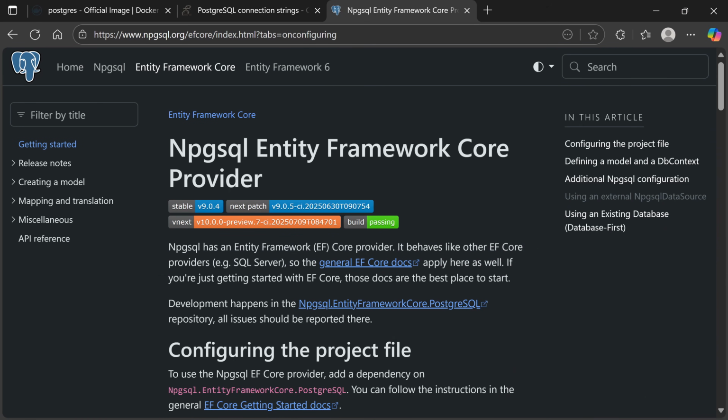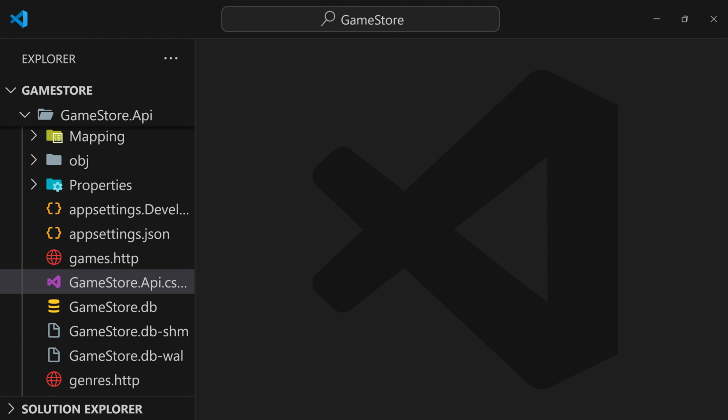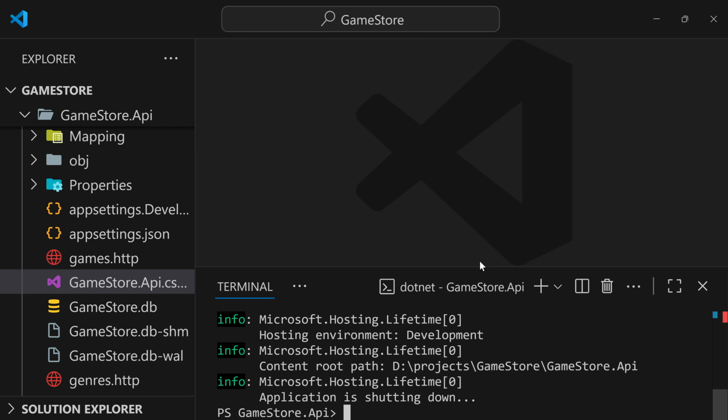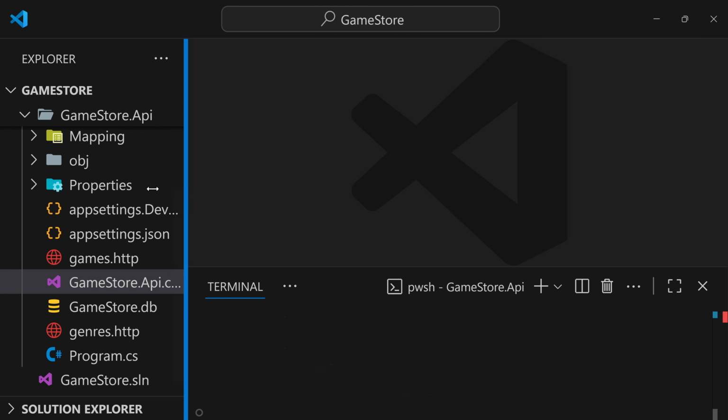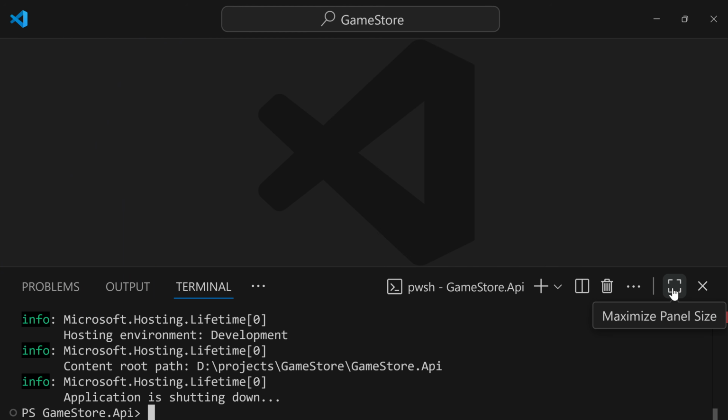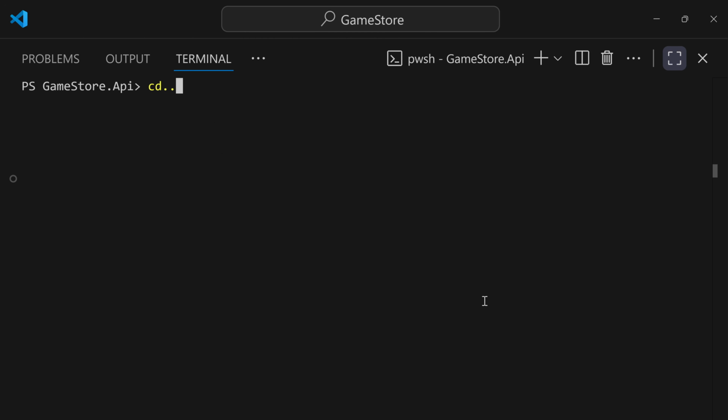So let's go back into Visual Studio Code, and the first thing that we're going to need is the .NET Aspire project templates, which we can install via the .NET CLI. So let's go ahead and open our terminal here. I'm going to stop my server. Perhaps I'll make up more space here, and I'll expand this. Clean this. I'll just go over one directory, and let's just type dotnet new install